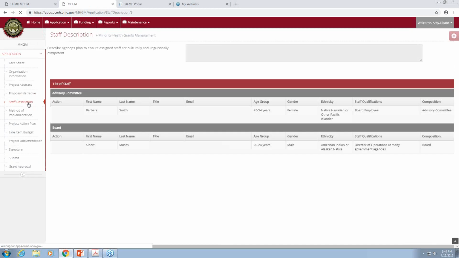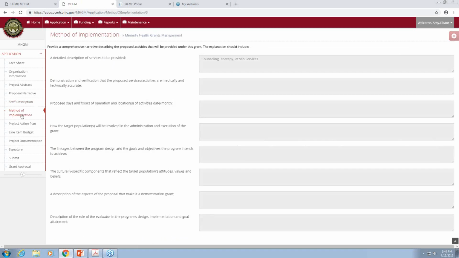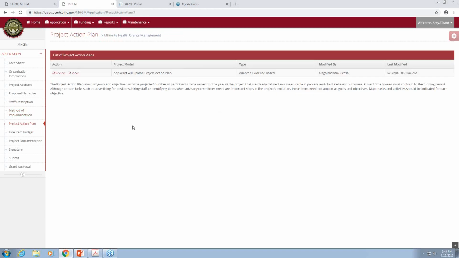You'll go into staff description. So you describe your agency's plan to ensure assigned staff are culturally and linguistically competent. You'll fill out advisory committee, board committee, any staff that is a part of this grant. You'll then fill out method of implementation questions. Your project action plan is now in